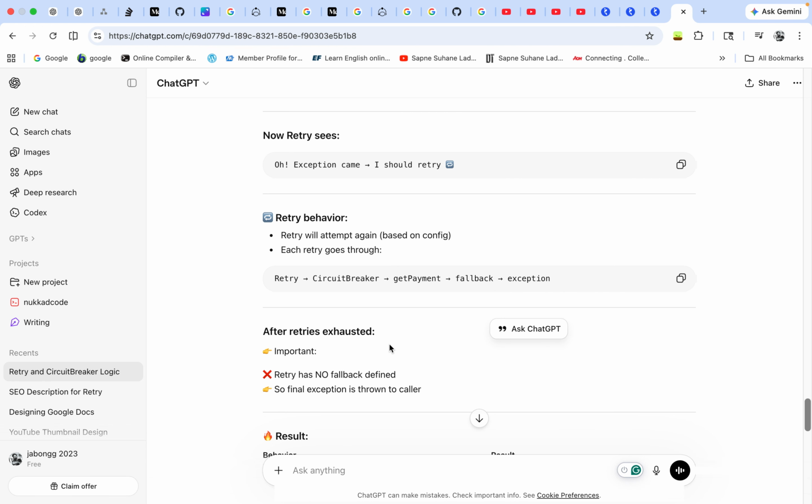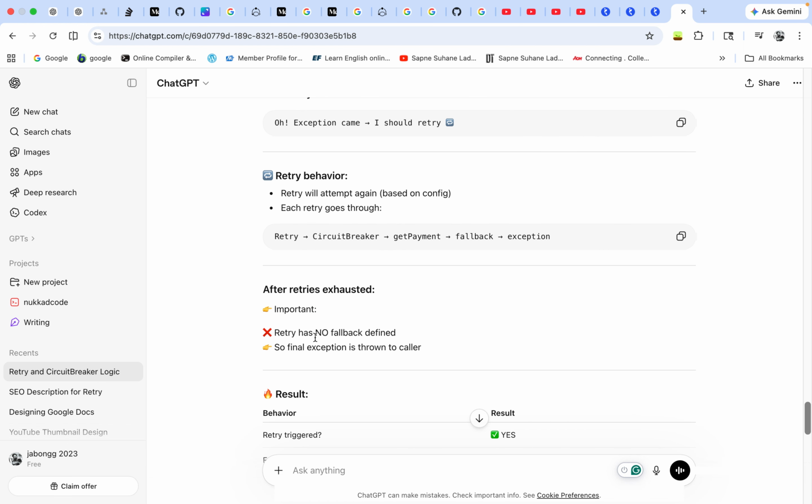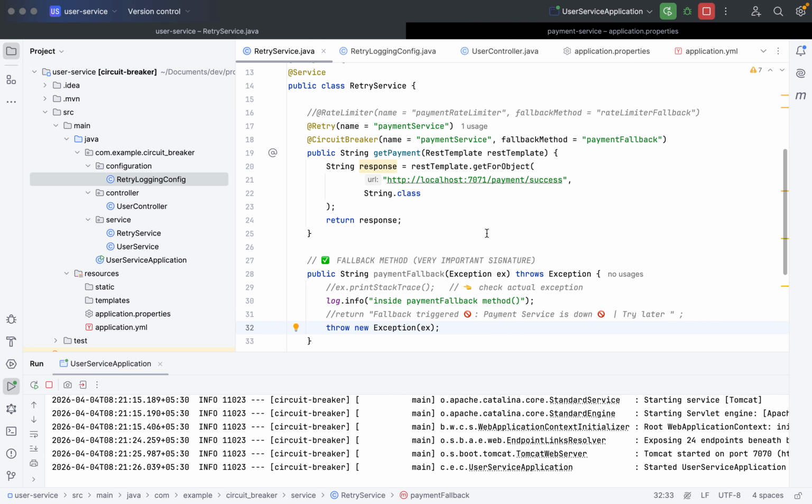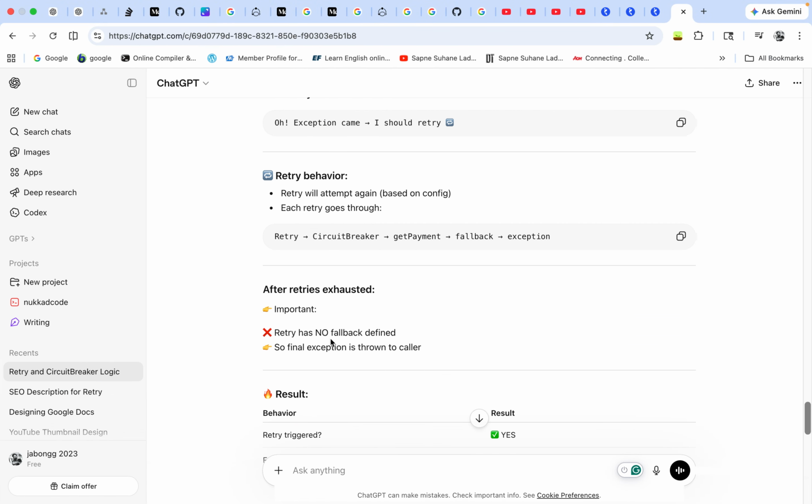Okay. After retries are exhausted, the important thing is that retry has no fallback defined. You can see retry has no fallback method here. We have removed it. So the final exception is thrown to the caller.